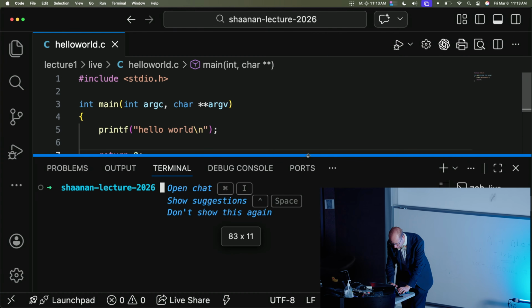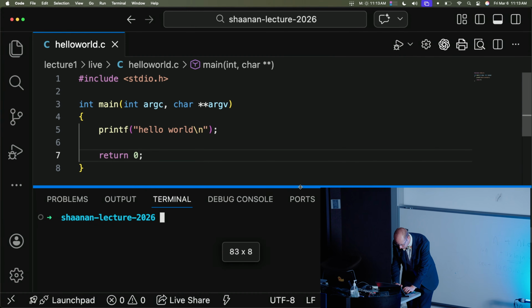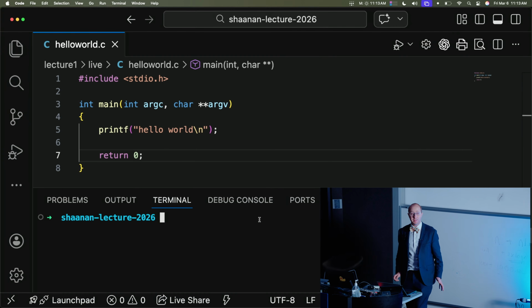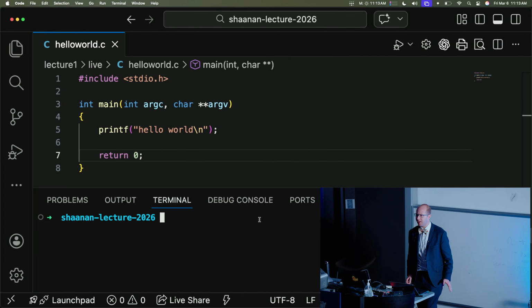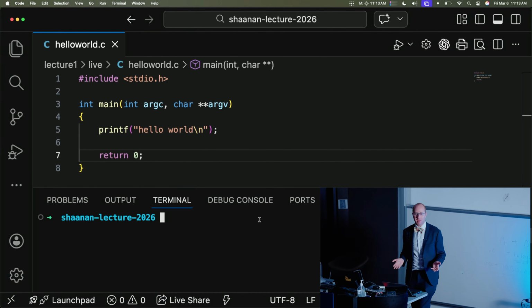Now, I'm going to try and split the screen, so do that. Now, the first thing that I have to do is run my program. Is that right? Do I run my program straight away? What did I say about the C programming language, KJ? Say a bit louder. I need to compile my program.